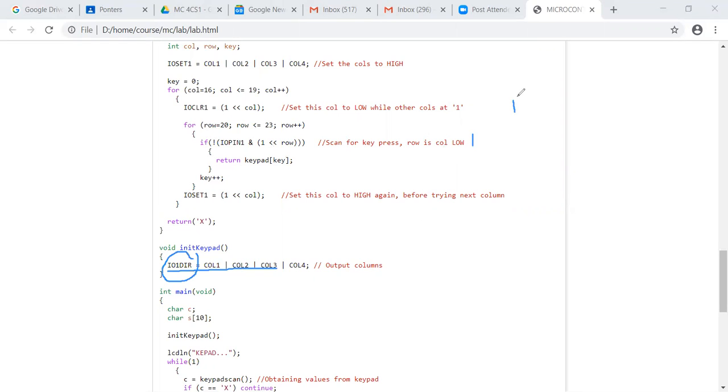And you selectively make one of the columns 0 and check whether the row value is 0 or not. If it is 0, it means that column is connected to the row. If it still remains 1, it means there is no connection there. So that is the logic being implemented in this keypad scanning.